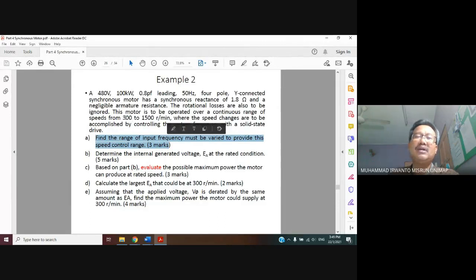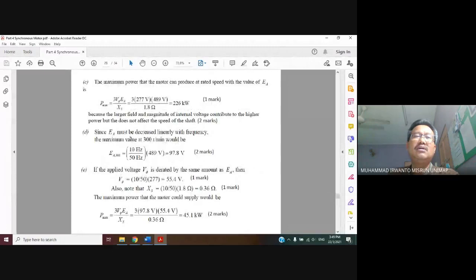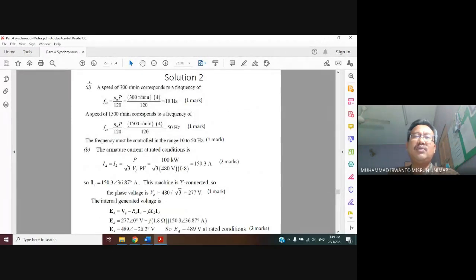Okay, mananya kalau kita bagi, if we give the rotor speed 300 to 1500 RPM, berapa range frekuensi yang kita kena berikan. Nah, ini tadilah yang kita relate to the formulation NS or NM equal 120 F over P ya. The number of pole is 4. Ini ya 4. Okay, nah so for A. Tengoklah nih.